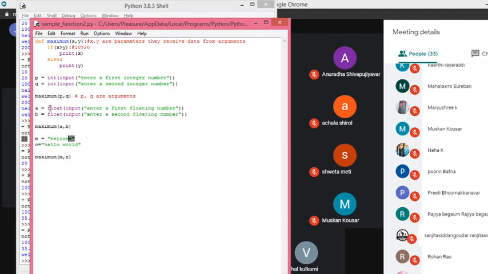For strings you need not do conversion, because the data which we read from the keyboard will always be in string form. You can simply write the function name input.